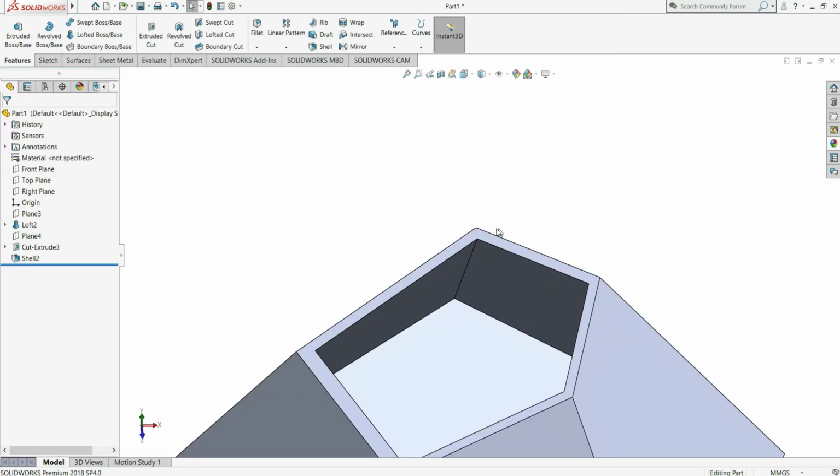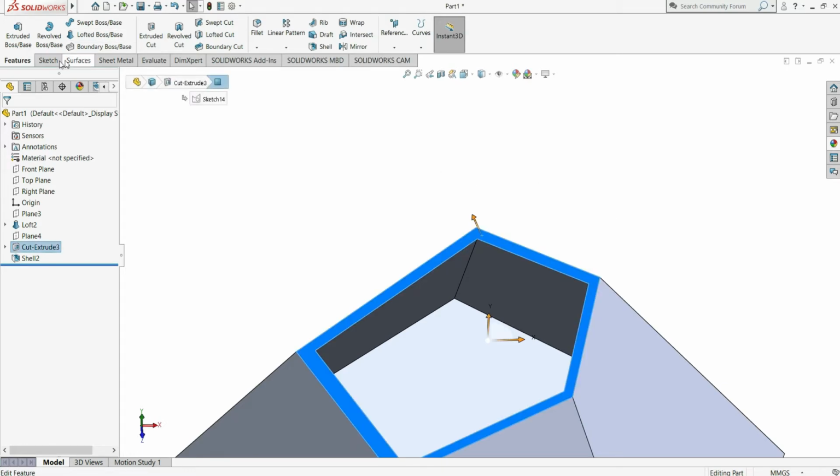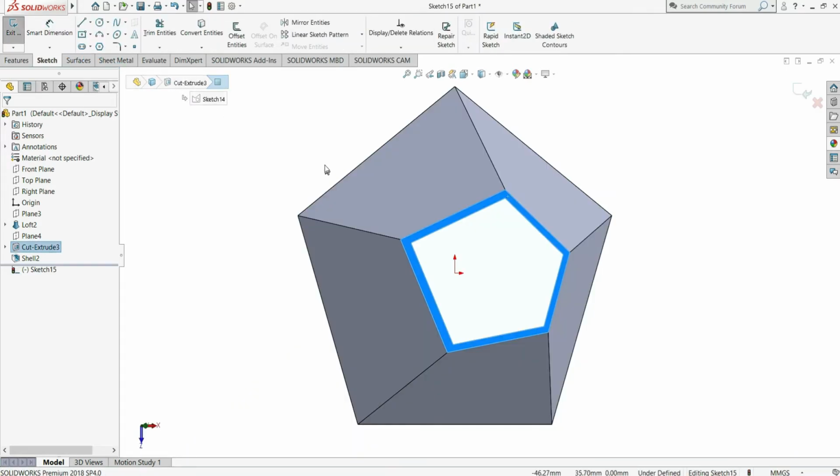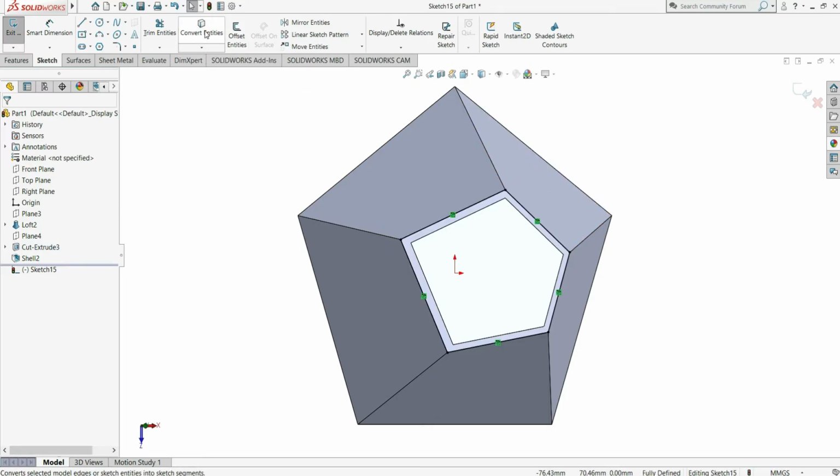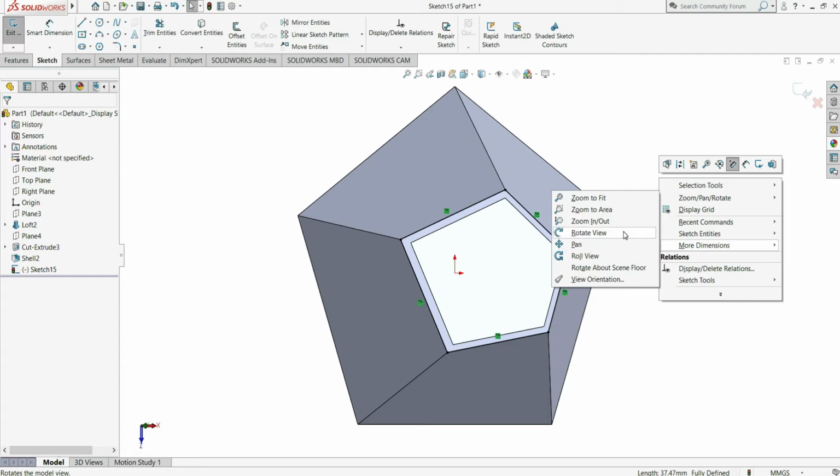Now let's zoom in first and select this face and select Sketch. Select Convert Entities and convert these edges. This inside edge is not converted. Now let's rotate this somehow.